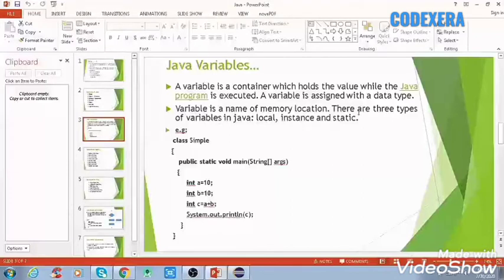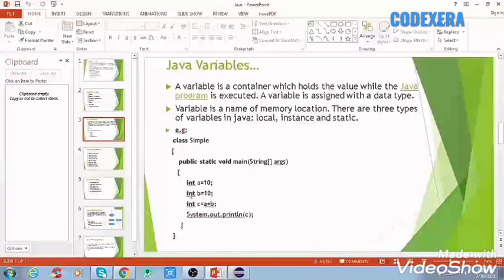And after that the third one, that is static, a variable which is declared as static, that means we put the name static before any variable, that variable becomes a static variable. It can't be local. You can create a single copy of a static variable and share it among all the instances of the class. Memory allocation for a static variable happens only once, when the class is loaded in the memory. So this was about static variables.